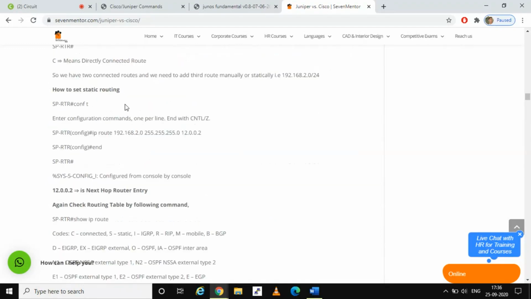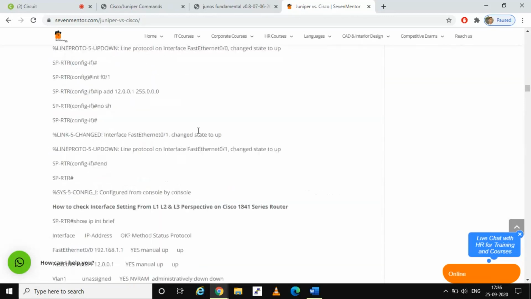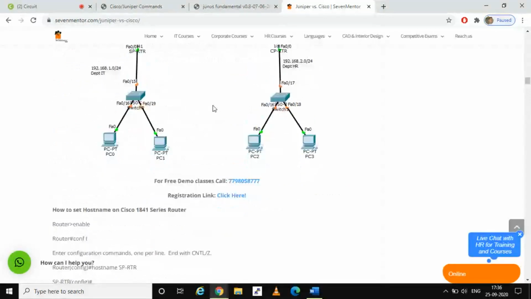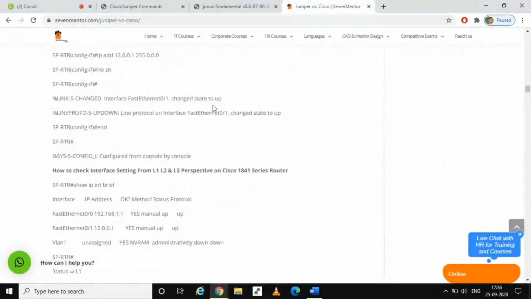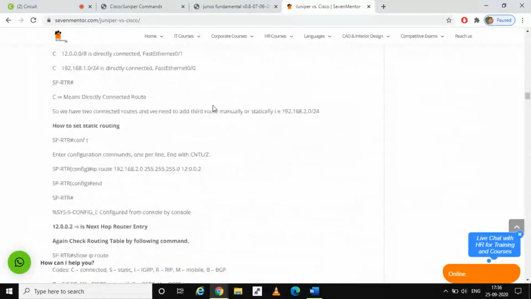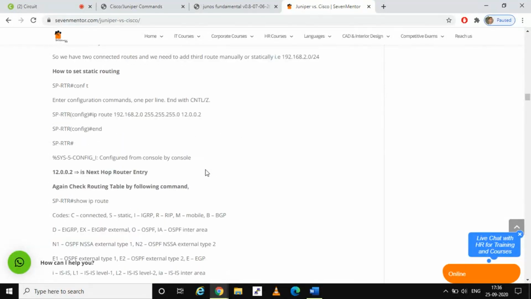It's time to set the static routing, which is done via the IP route command for the 192.168.2.0 network, which is on the other side, the Department of HR network. So we set that static route to that network via the next hop 12.0.0.2.